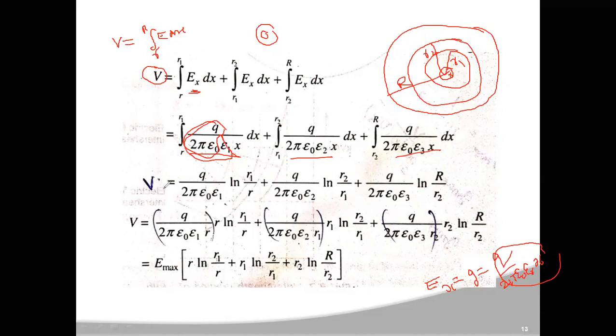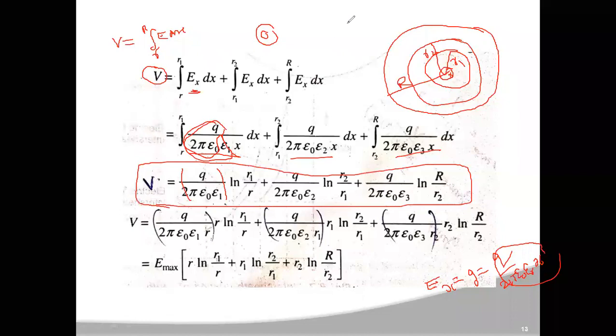So then V will be equal to Q by 2 pi epsilon naught epsilon 1 into ln R1 by r, plus Q by 2 pi epsilon naught epsilon 2 ln R2 by R1, plus Q by 2 pi epsilon naught epsilon 3 ln capital R by R2 you will get. Okay, so now from this expression,